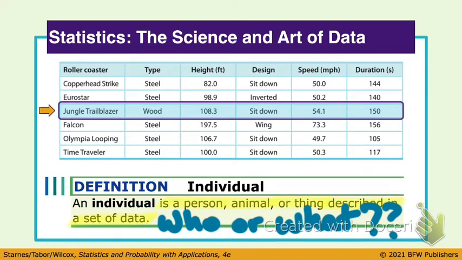So, in this particular example, the roller coasters are the individuals, and their names are actually listed in the data table. Sometimes, however, that column would not be there, and it would just tell me information about each individual, and the rows would be those individuals, which would be each roller coaster. The next thing